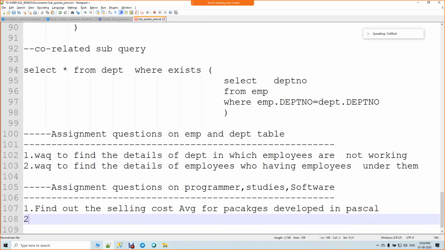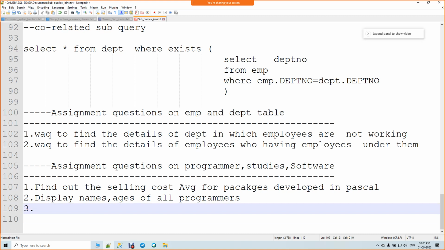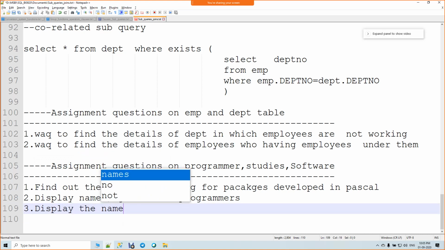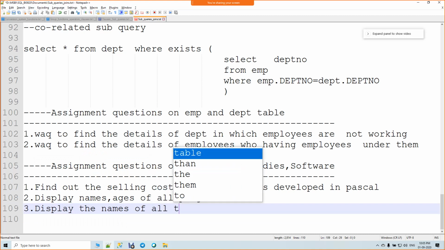Question: explain names, ages of our programmers.